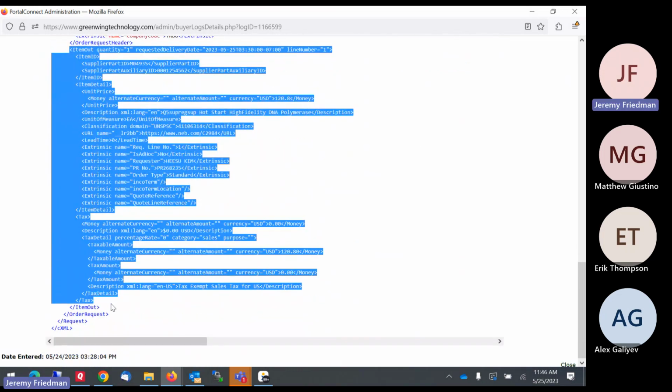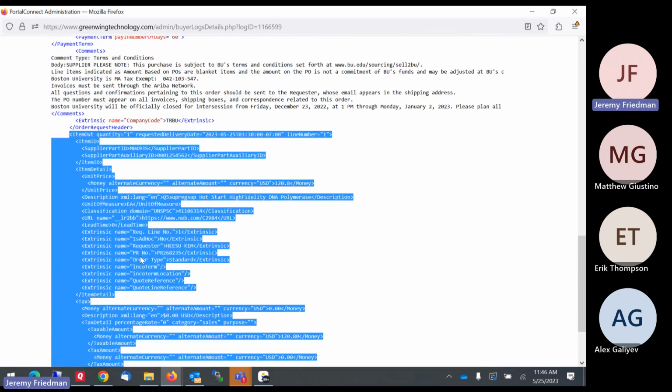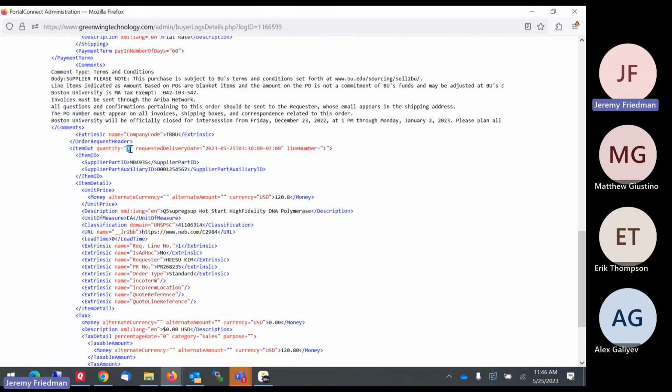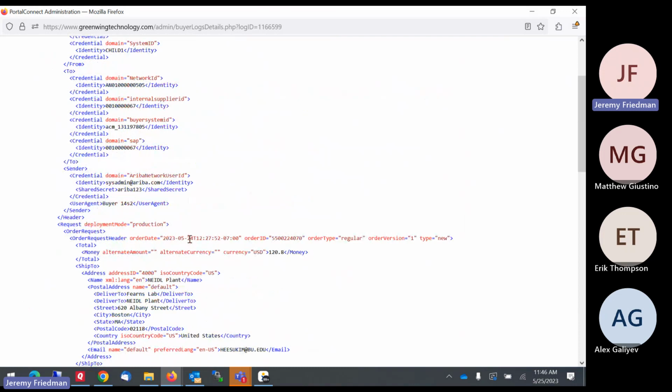This is a really good one because this is a lot more stuff. So this is again one item, quantity of 1, line number. But notice there's a requested delivery date. So NEB actually does use this. Some of our suppliers do, most do not, because it says they want it delivered, oh, actually today. This purchase order came over yesterday. So they're saying, give it to me tomorrow,